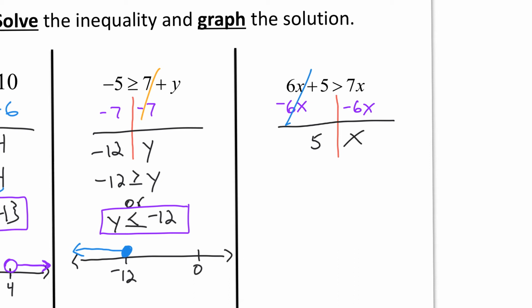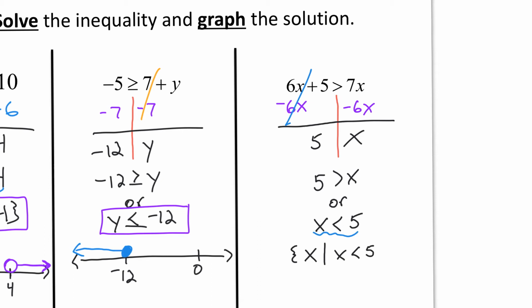So you guys bring down the inequality. I have the 5 right here is greater than x. Now you guys can flip the x to the left side. You can flip your answer, but make sure you guys also flip the inequality. So you can also say, or x is less than 5. Notice I changed the inequality. X is on the left side. Now, my set notation, remember that we use brackets like this right here. I have x is such that, and I copy down all of this right here, which is x is less